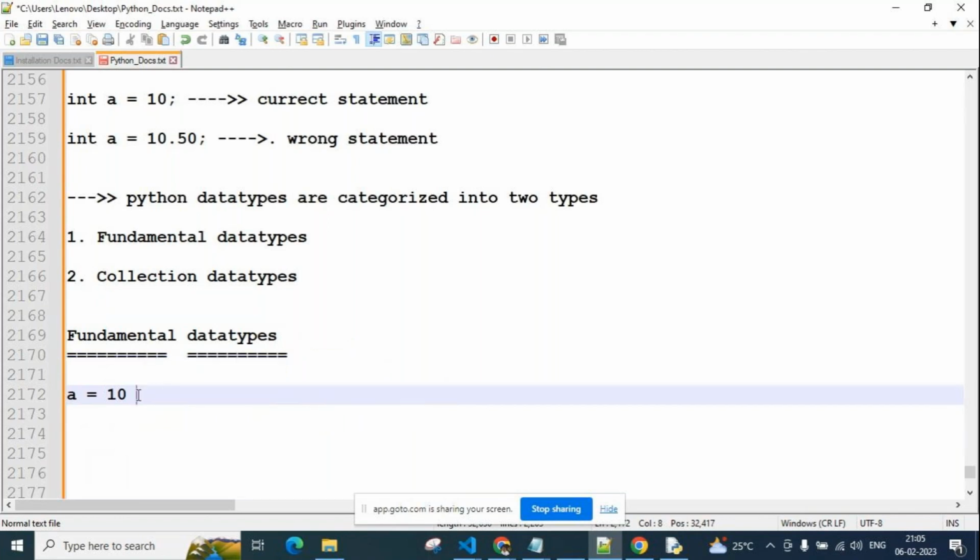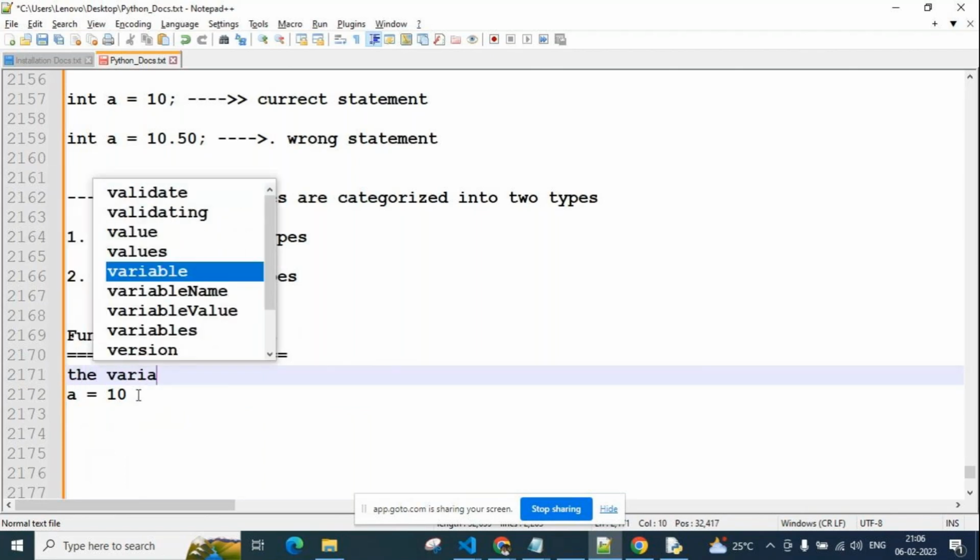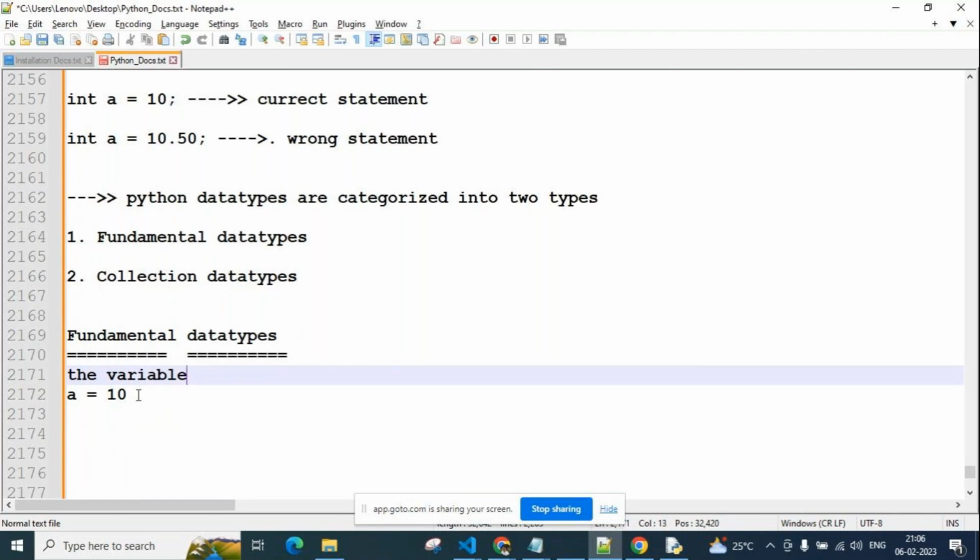Okay, so remember, guys. I'll give you that definition slowly based on your understanding. We don't need to type every statement, guys.